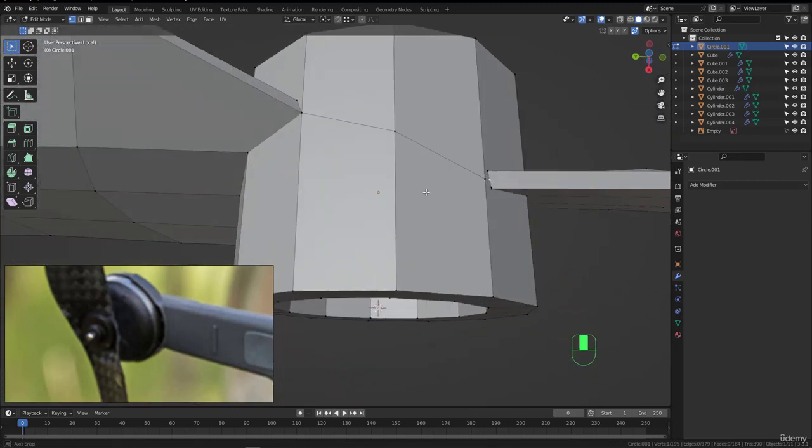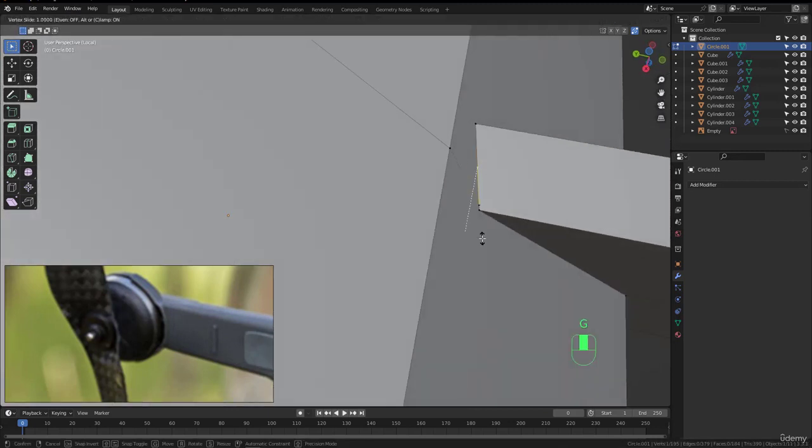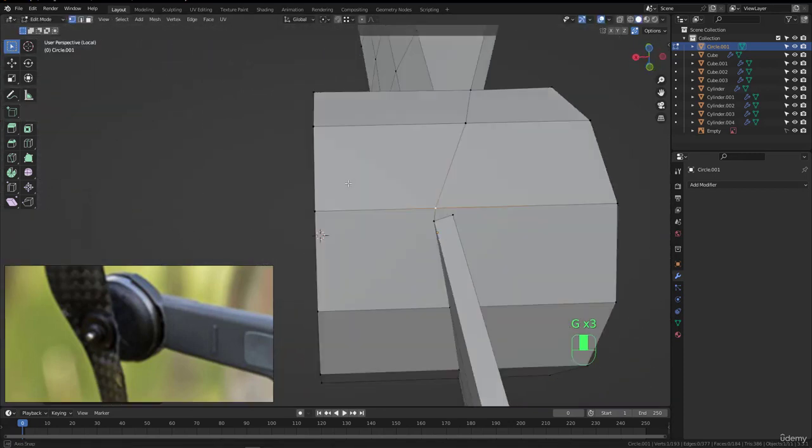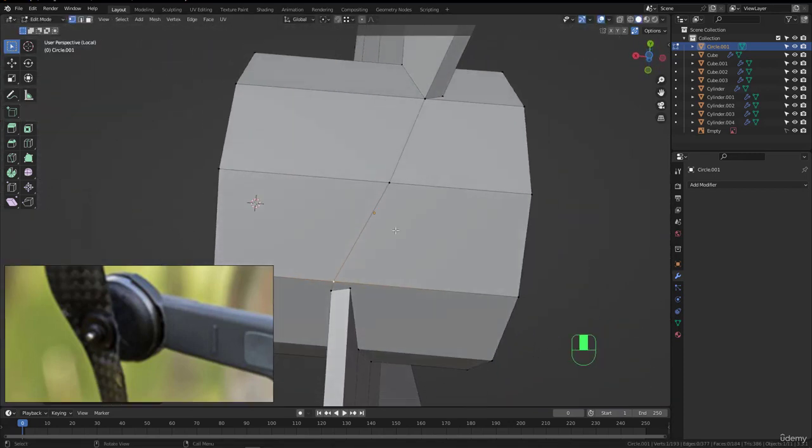And what about this one? It should go on this side. Alright, and let's use the knife tool. Let's make a cut that goes like that,